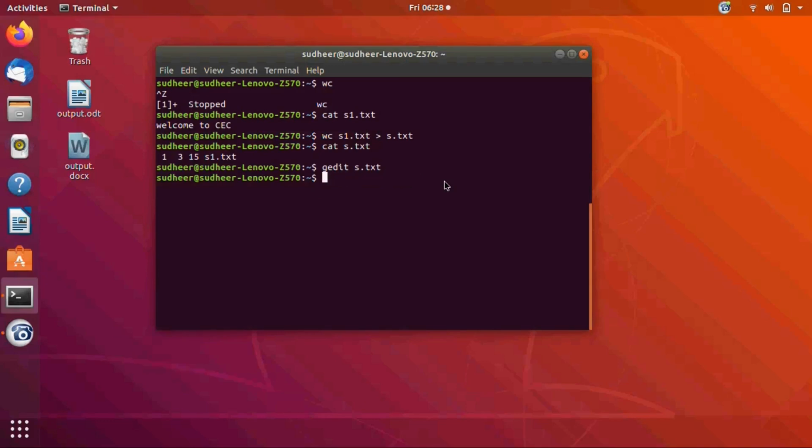There are two redirection symbols, greater than and 2 greater than symbol. Now what is the difference between these two? If you use only one greater than symbol, this overwrites the content in the file. If you use 2 greater than symbols, it appends the content at the end of the file. Let us demonstrate.